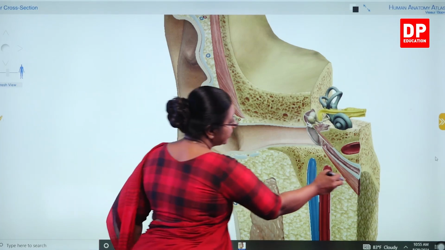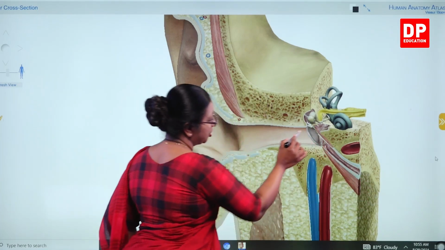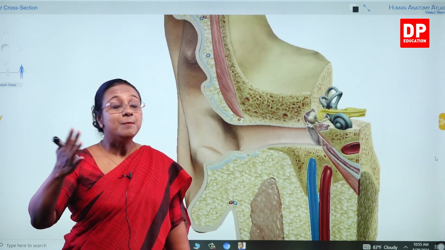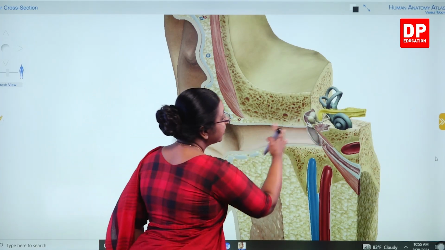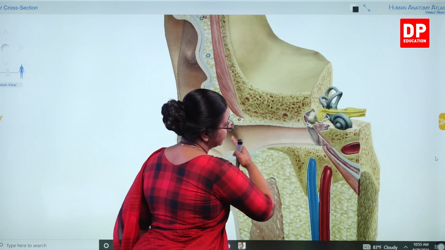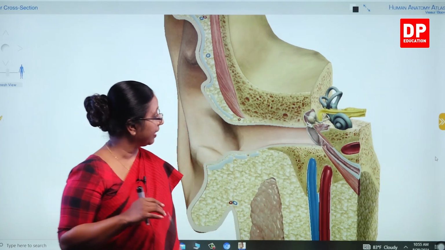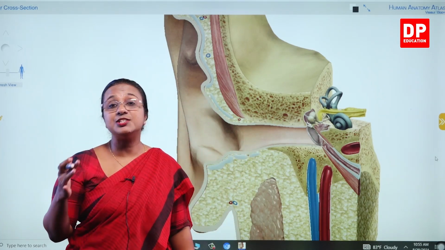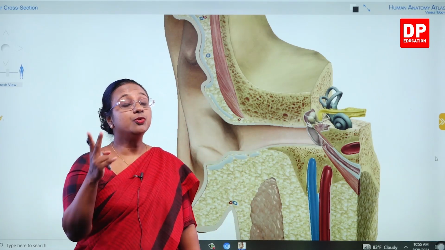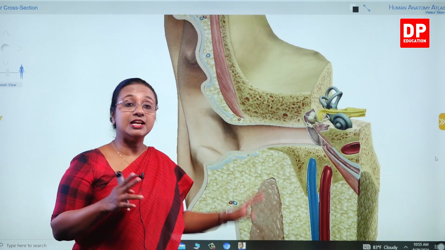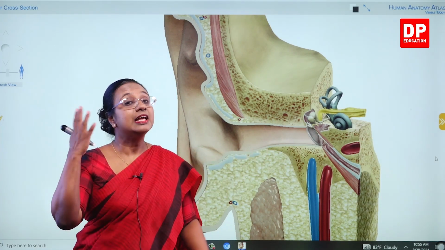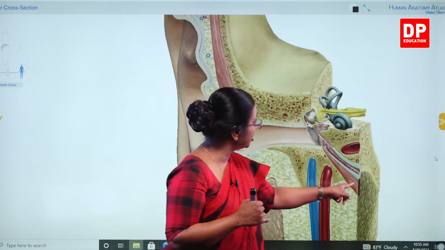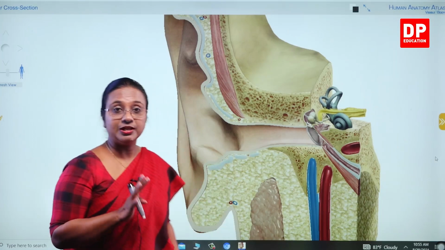And here I said there is the eustachian tube that has a different function. It's involved with the balancing of pressure on either side of the membrane, on this side and inside of the membrane. And also the semicircular canals are involved with the balance of the body. So there are 2 parts of the ear that are not directly involved in hearing, but they have other functions. That is the eustachian tube and the semicircular canals.